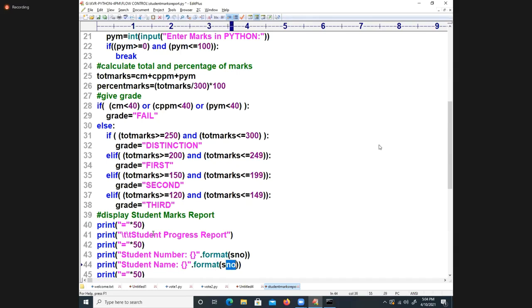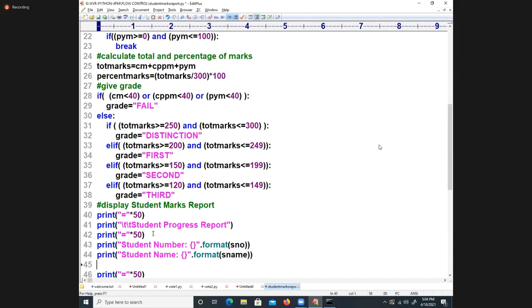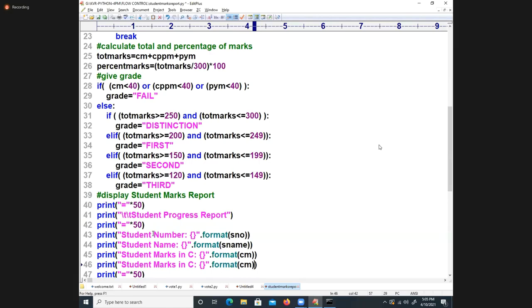Format of name. Next I am writing student marks. Student marks in C. I will write marks in C. I am writing CM. Next I will write student marks in CPP.